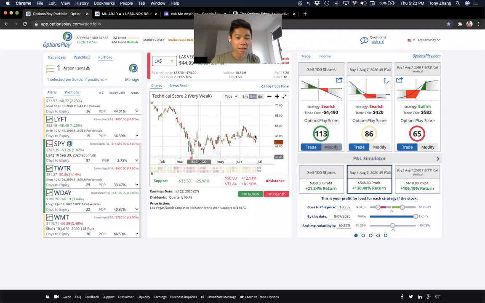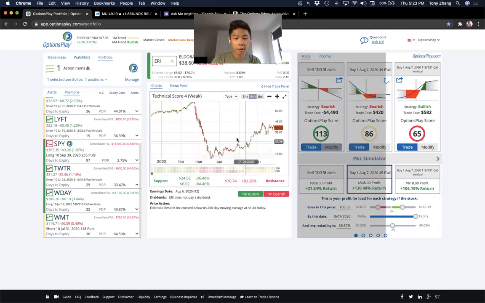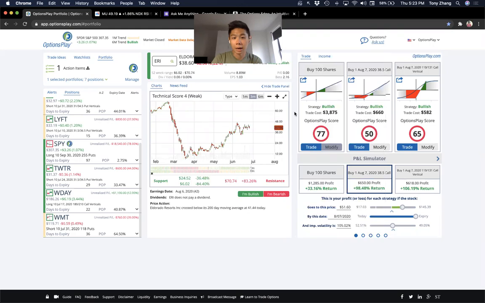What I really don't like about the price action earlier this week is that you had a pretty nice steady uptrend and then it broke below that uptrend. That's not strong. ERI certainly looked a little stronger from my perspective. They obviously have different exposures than Wynn or Las Vegas Sands. Maybe looking a little stronger if you want to play for a move to the upside.